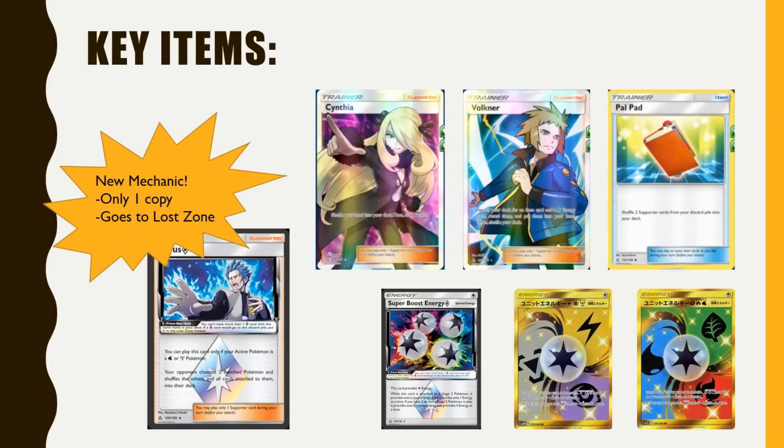Volkner allows you to search your deck for an item card and a lightning energy. Not very relevant right now. Could be used in the Orangaroo Looker deck that we have already profiled. Other than that, not too many applications, but it's good to know. It could also be used in wishy-washy mill style decks as a one-of, just because you have the GX attack